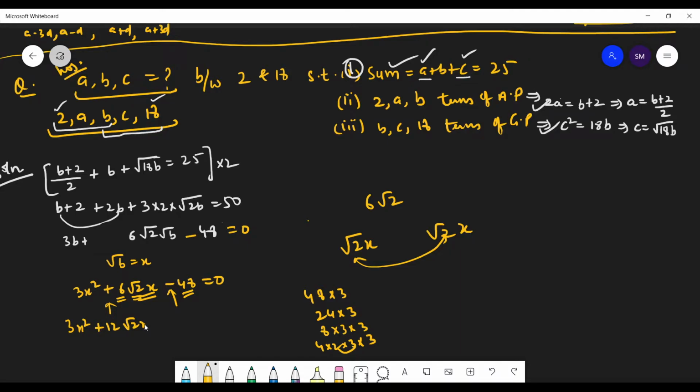So root 2, so 16 factors 8 into 2. So 2 already I have taken. So you are left with 8. So 4 into 2. Now it's quite easy. So x square plus 4 root 2x minus 2 root 2x minus 16. The product of the middle term is minus 16 x square. So it means that you have formed the correct roots. Okay. Yes, sir. Sir, 2 root 2 and minus 4 root 2 will be values of x. Yes, you are right.